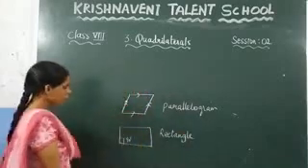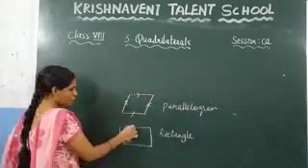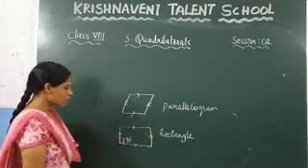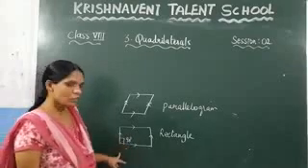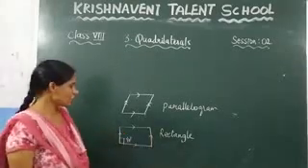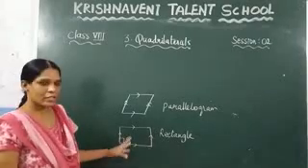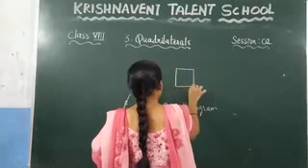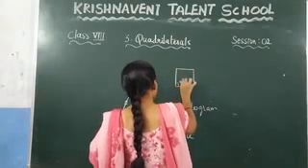And in a rectangle, two pairs of sides are parallel, right? This side and this side are parallel, and this side and this side are parallel. And similarly here, one of the angles is 90 degrees, and we got this one as a rectangle. And after that, we got the next one, which is the square, right? So how do you define the square? Here also, one of the angles is 90 degrees.